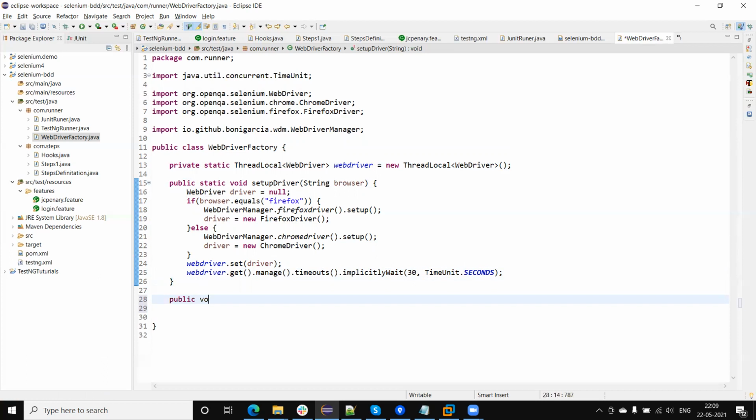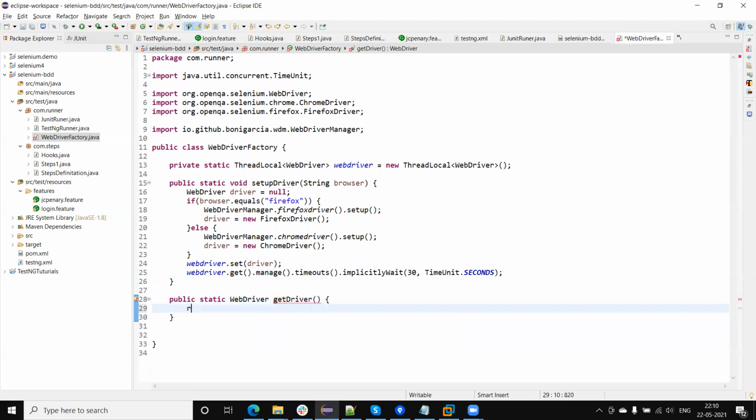Now, next step, I need to create a method which will return the object of the WebDriver from the thread local variable. I am going to create this static method, return WebDriver, get driver method.